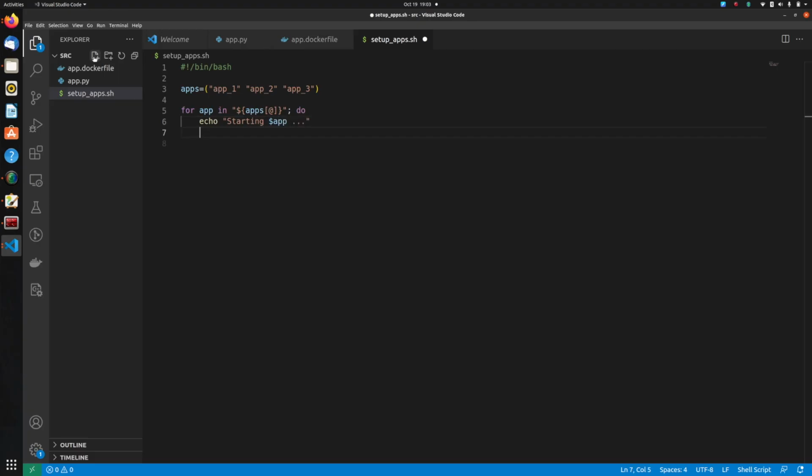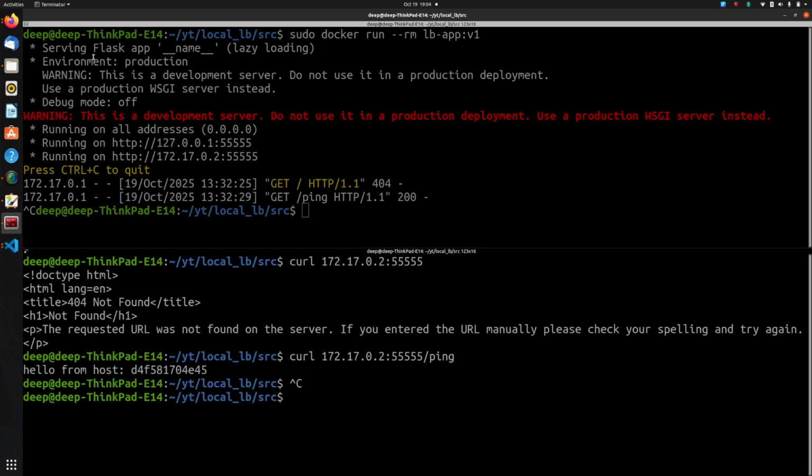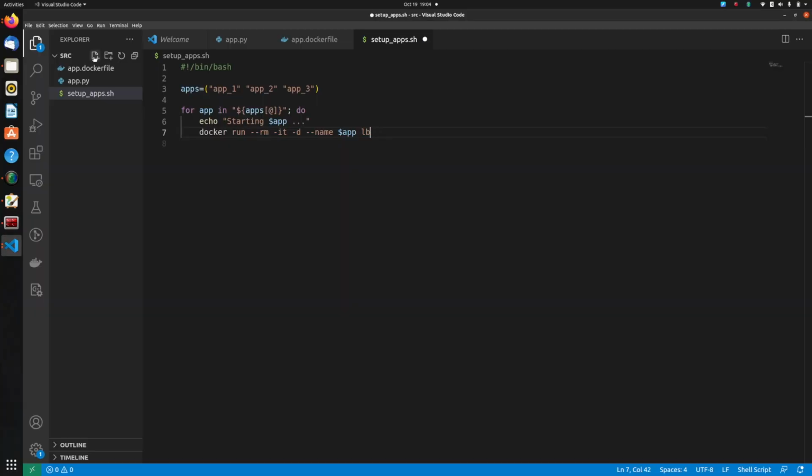Just a nice info that it's going to start the app, and I'm going to do this docker run --rm -it. I want to put it in the background so that I can start all the three containers. I want to give the container a name, as I mentioned, lb, what was the name again? It was lb-app:v1, right?